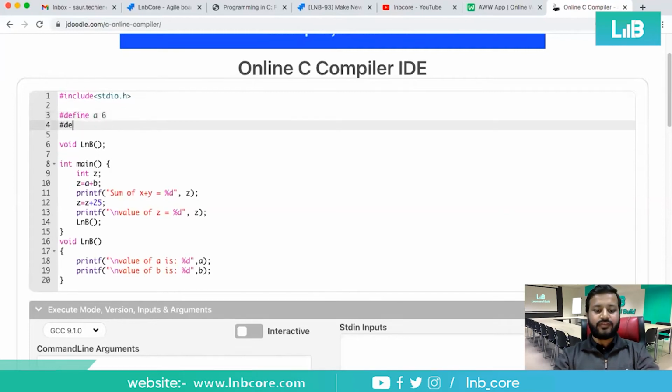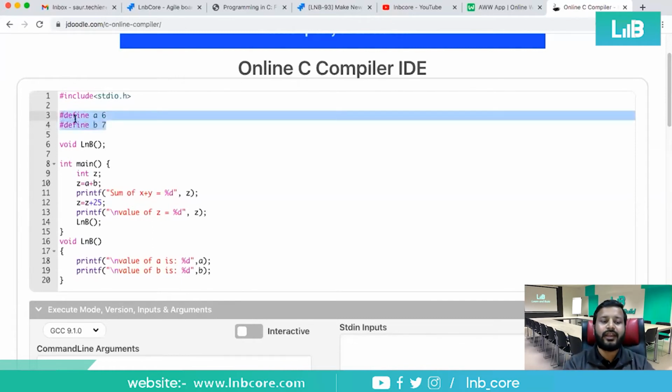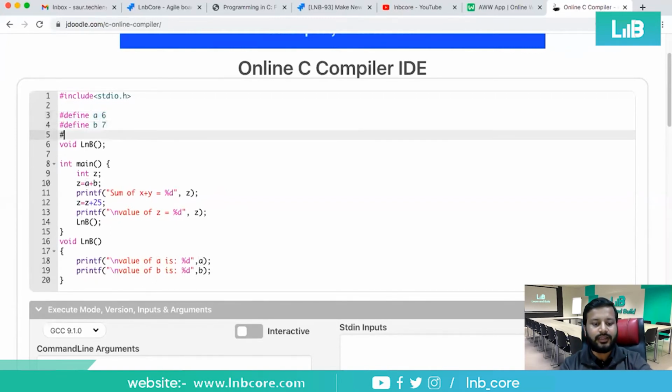Similarly, hash define B as 7. This is the syntax of hash define. Here we have three things: the first is the keyword, the second, after a space, is the variable, which can be any name, then a space and the value you want to define.